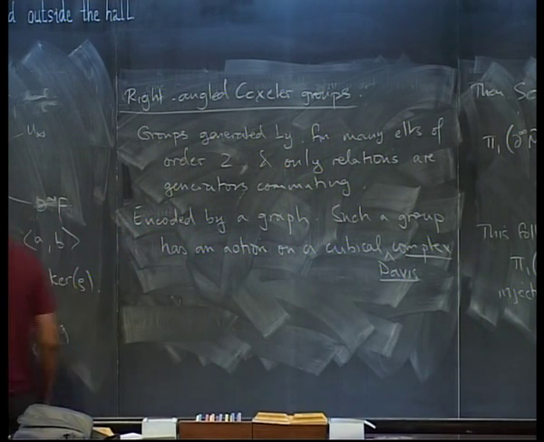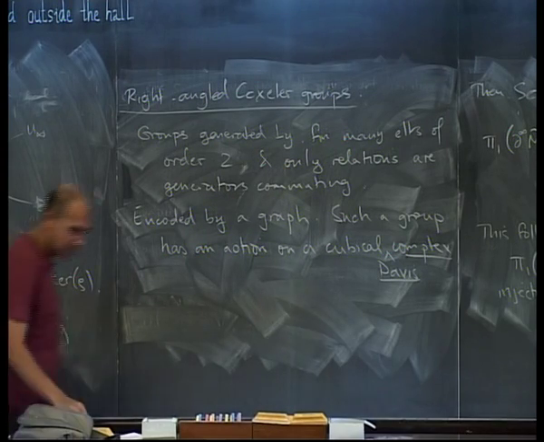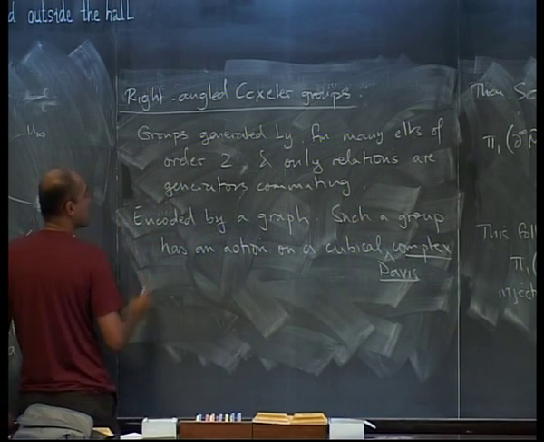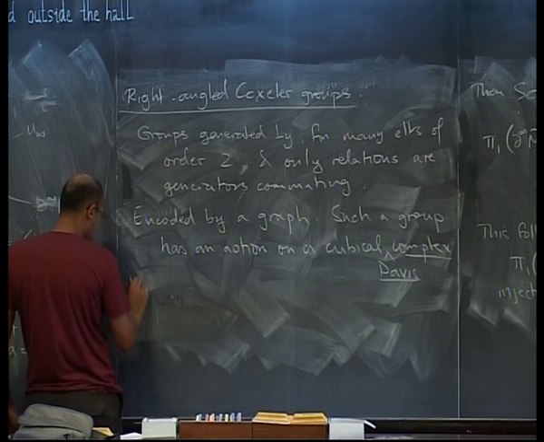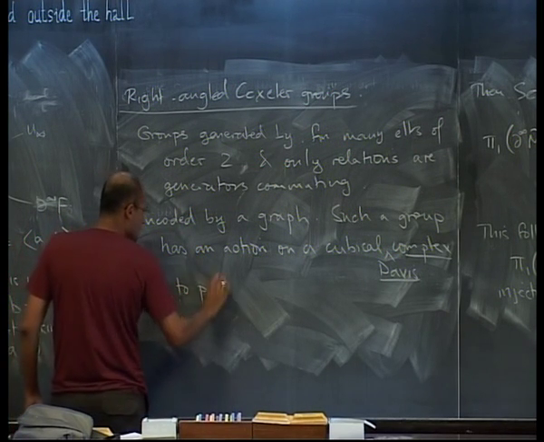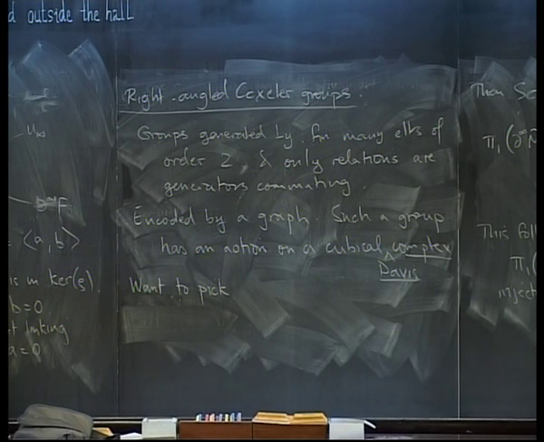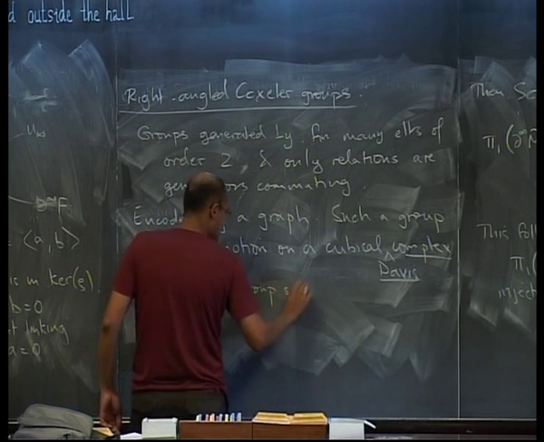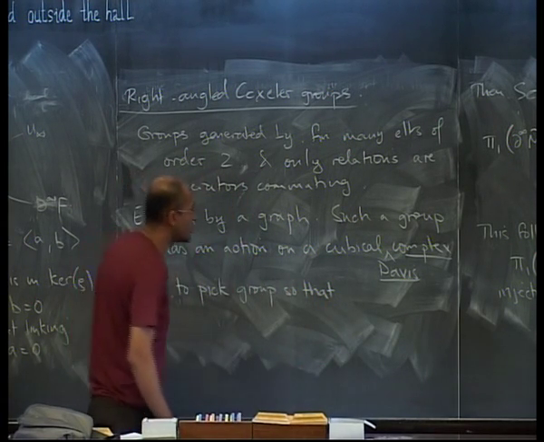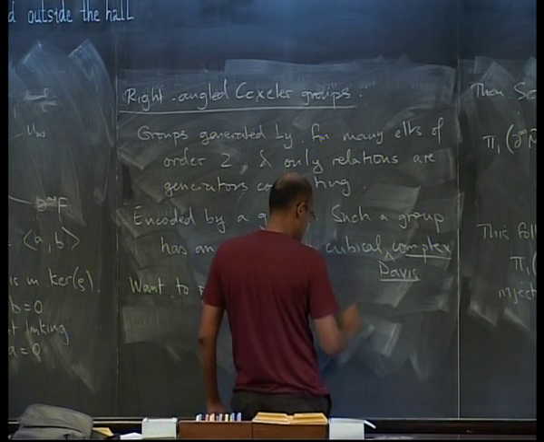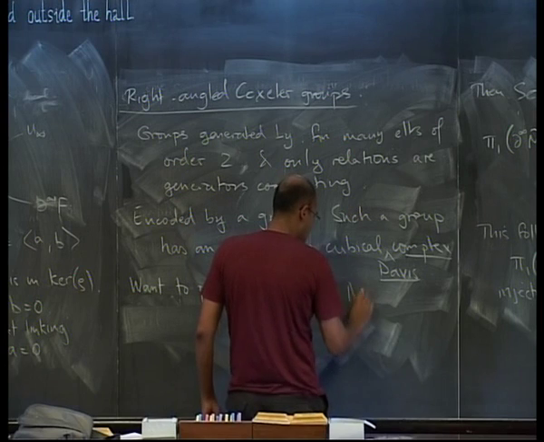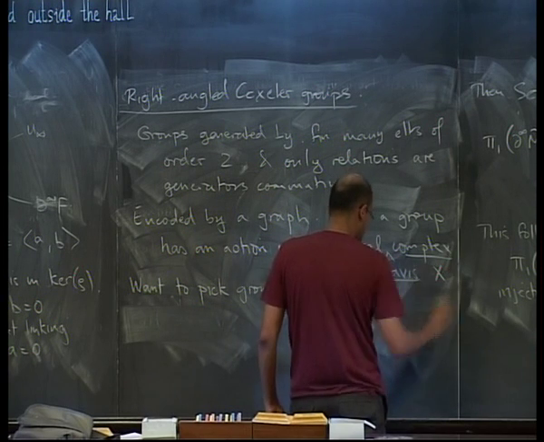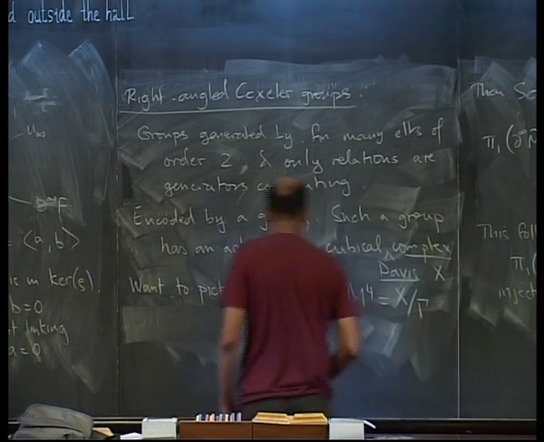Davis complex. And so now the trick is to try and... so our construction, so we want to pick this graph, which will give us our group, in such a way that the quotient of the Davis complex, so that M4 is given by this Davis complex, so let me call it X, so X mod gamma, where gamma